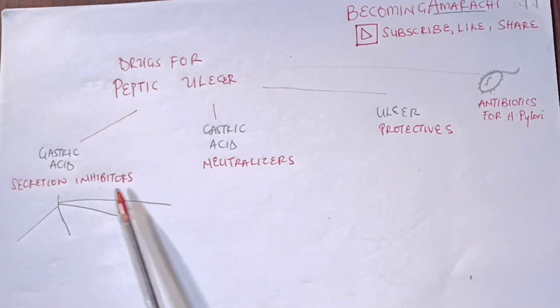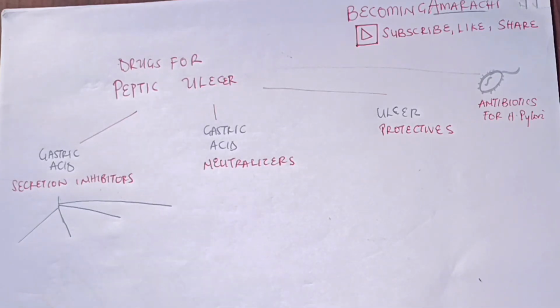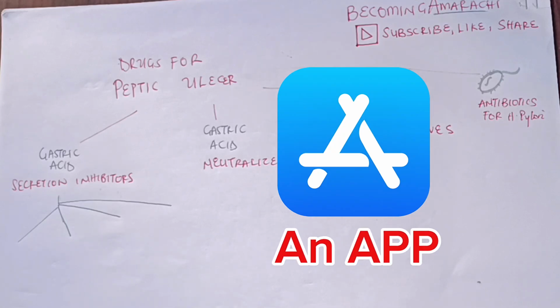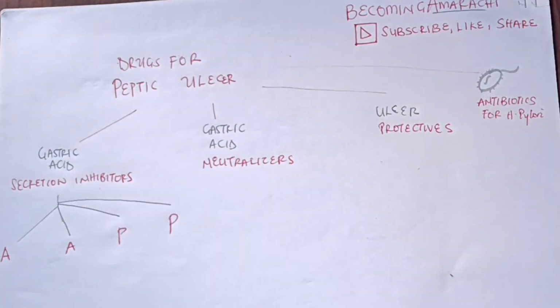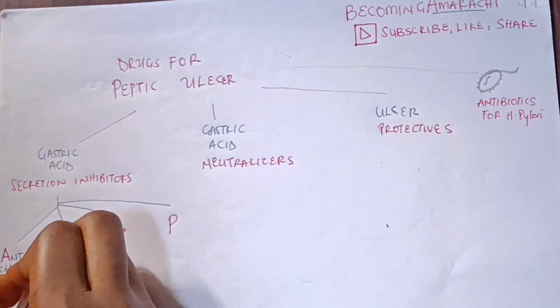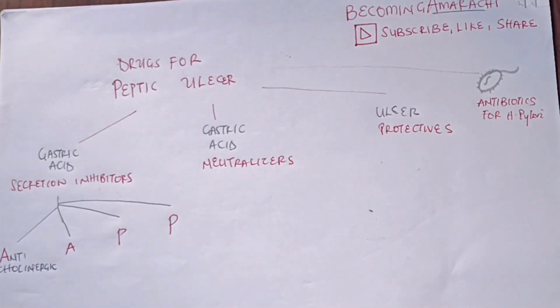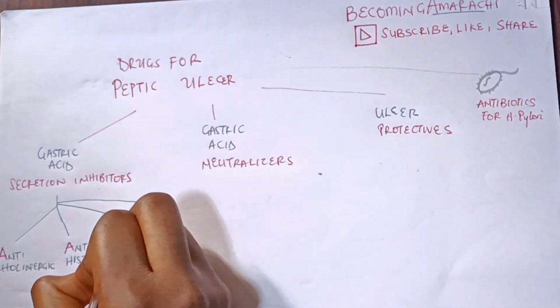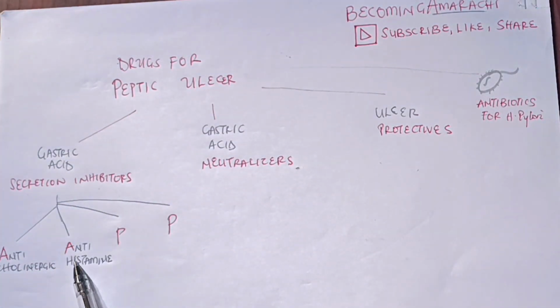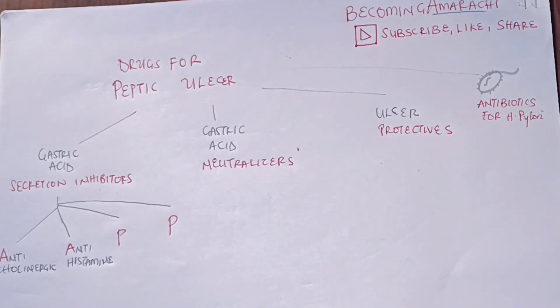Then you can see that the gastric acid secretion inhibitors is further divided into 4, and the mnemonic for these 4, I used to call them AAPP, just like an app to inhibit. So the first A is going to be anticholinergic, and then the second A is going to be antihistamines. I said the second A to remind you of what? H2